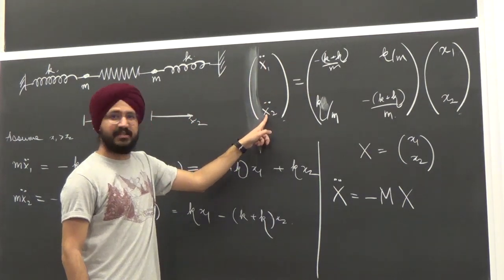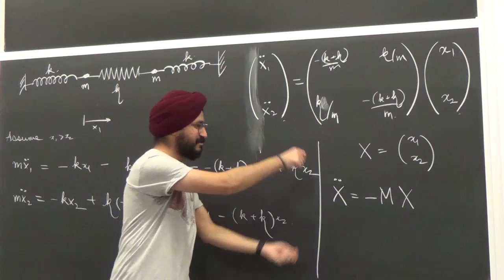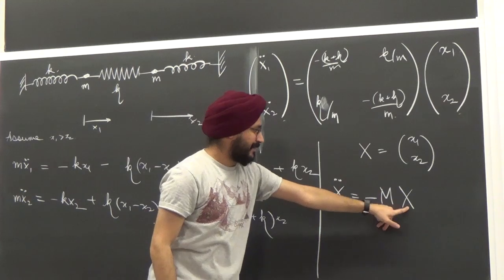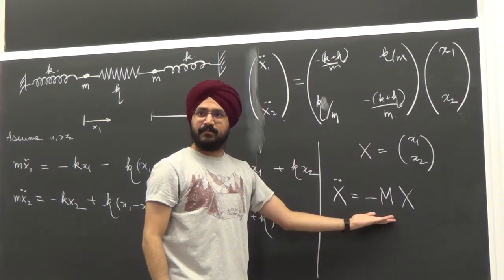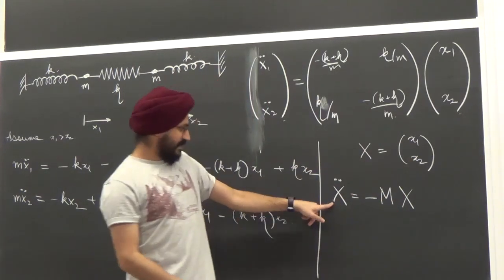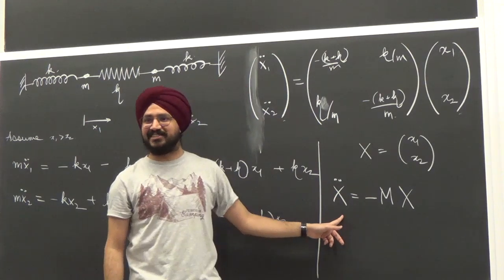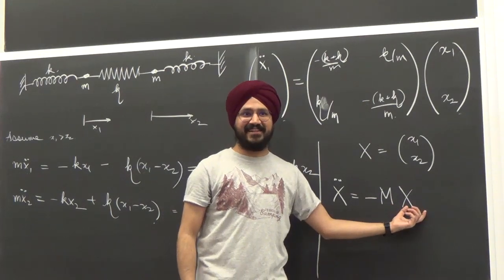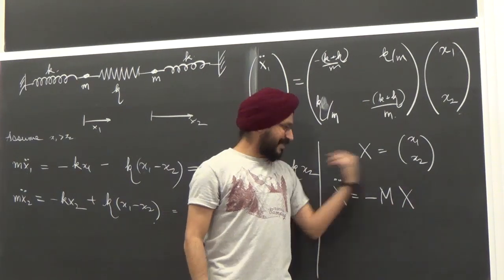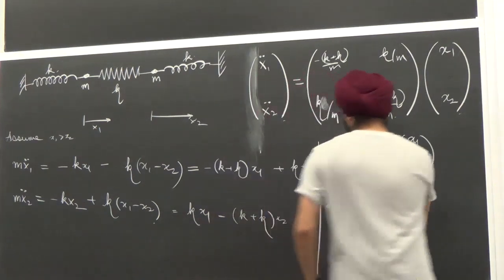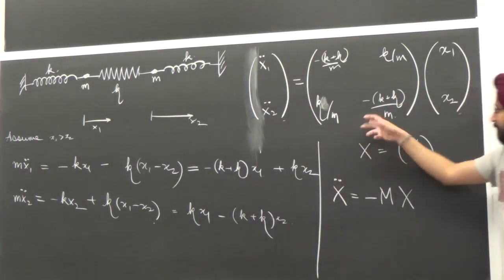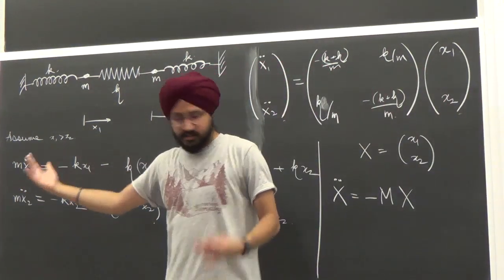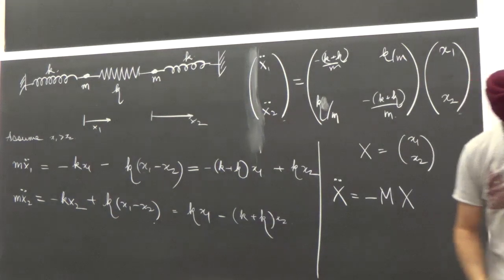Okay. So capital X double dot is the vector of little x1 double dot, little x2 double dot. I know my x's get messed up. I hope you can see the difference between the x's stretched and the normal ones. And capital X is just x1, x2 as a matrix. Again, should be suggestive. This looks like a simple harmonic oscillator for matrices. Double dot is minus something times that thing itself. Okay? So this represents something like simple harmonic motion. So now here's the point. We want to decouple these equations and find our normal coordinates or normal modes. So we will see how you do that.